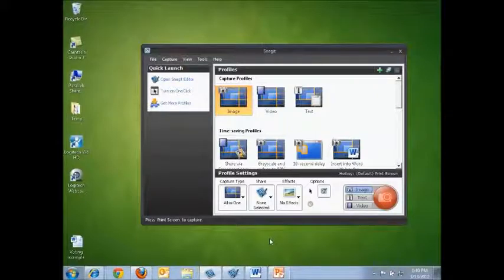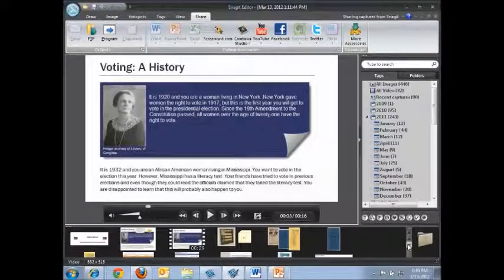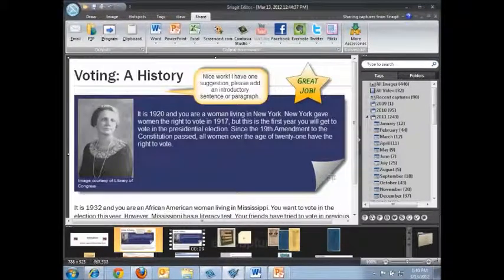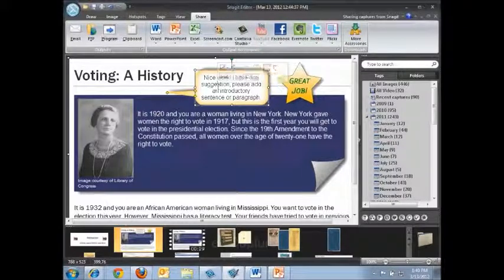What does flatten mean? Ooh, that's a great question. All right, let me bring up an example. So what flattening does, here we go. What you can see here is I've got a picture, I did an edge effect, and here's the callout I added, and here's the stamp. You can see how I can move them around, and so later I could make an adjustment, I can edit this. It provides a lot of flexibility, and actually SnagIT ships with a